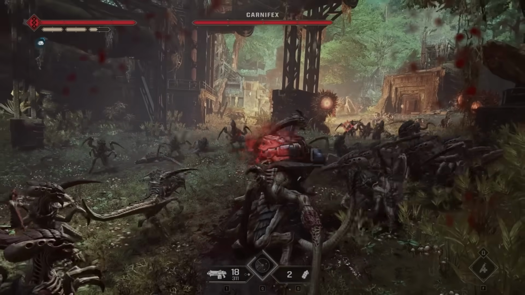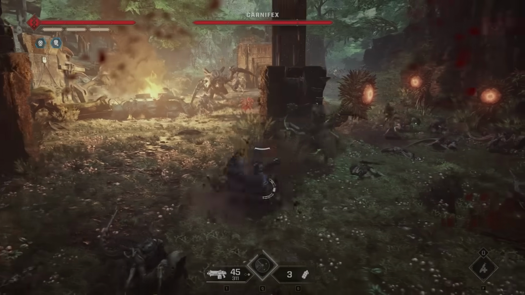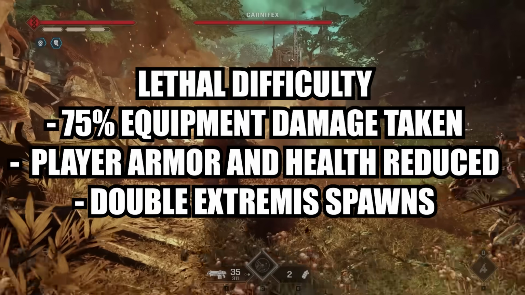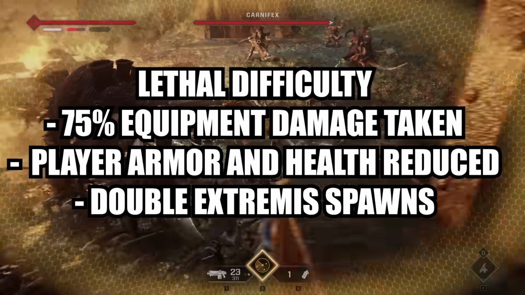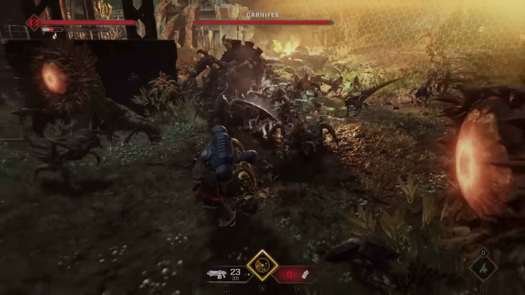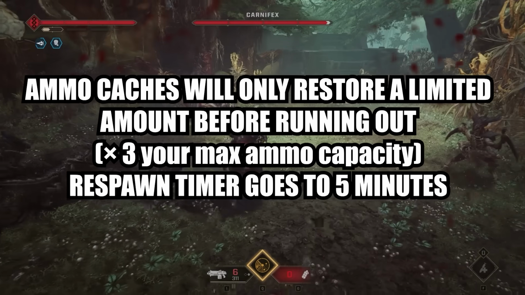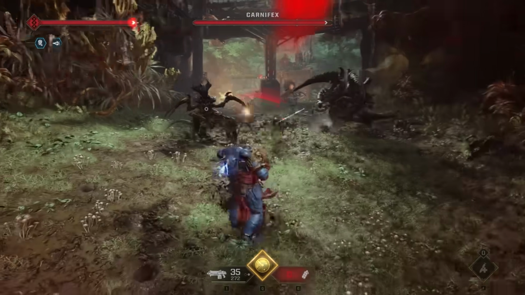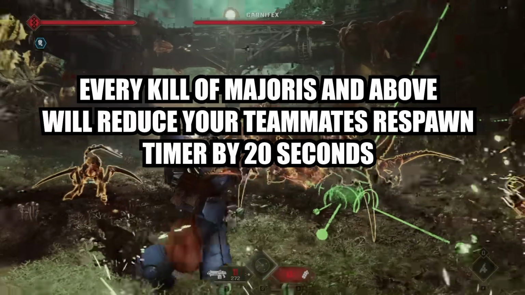The next difficulty is called Lethal with a suggested level of 25. This is the first of 2 challenge difficulties that are intended for players who want more in the standard armory data grind of the previous difficulty options, and this is also where player health and armor reductions cap out. Ammo caches will also restore even less ammo before they run out, and your respawn timer is further increased from 2 to 5 minutes. However, every execute of a Majoris or higher enemy will reduce your teammates' respawn time by